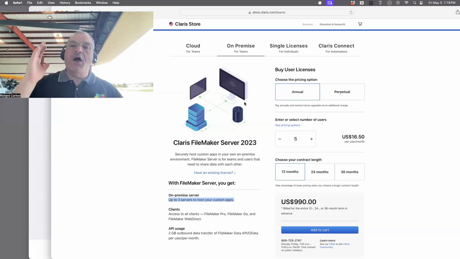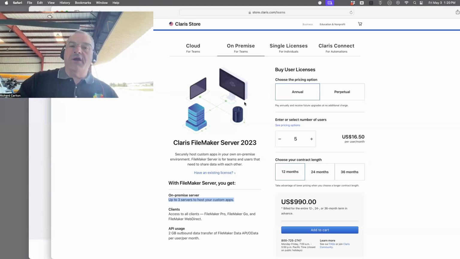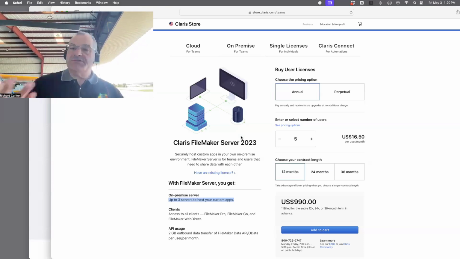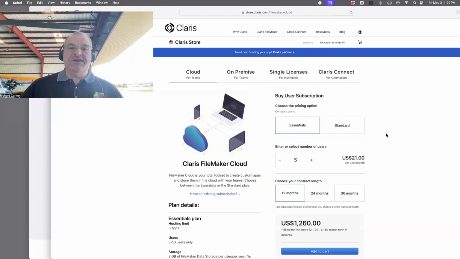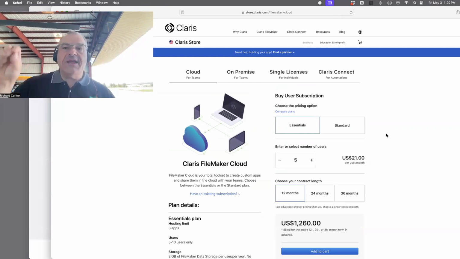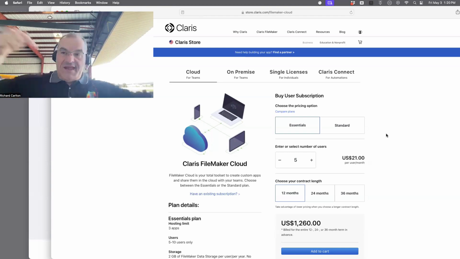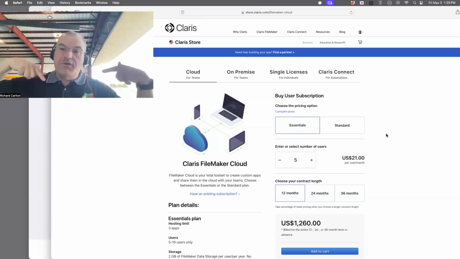But if you really hate Jacob because you hate orange, and you see orange come and you're like, screw that orange stuff, then you can buy over here. Margaret, click on Cloud for Teams. This is the same 5-pack, but it comes with Claris setting up an AWS server for you. It has pretty substantial limitations on what it can do. It can't run Monkey Bread plugins on the server, which is a big one. It's really hard to get the Data API stuff to interact with it from a web page.